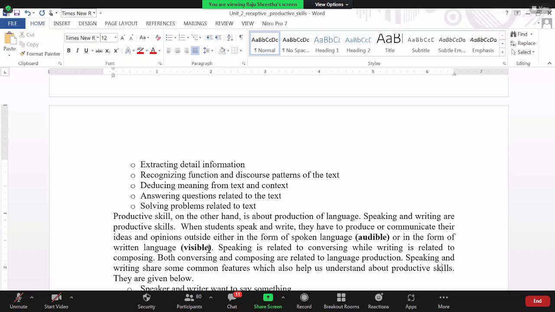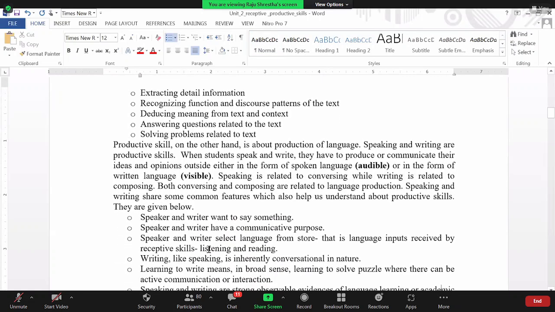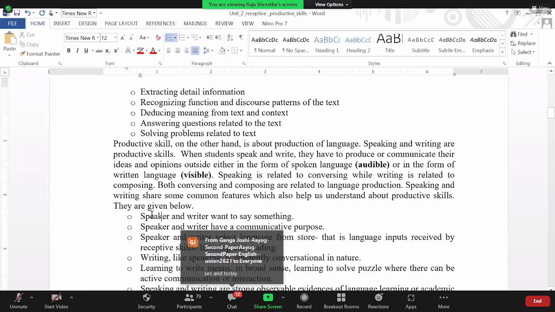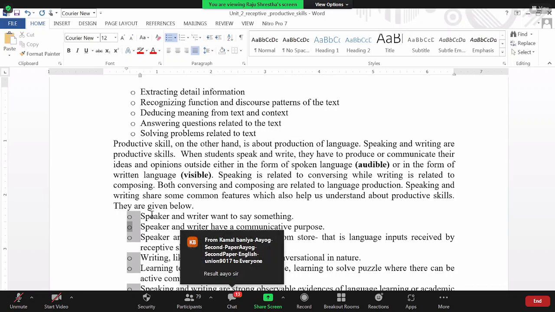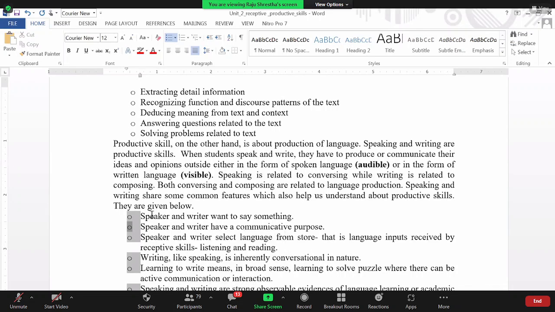Speaking and writing share some common features which also help us understand about productive skills. ल हेरौँ त दुई तीन चार point. Speaker and writer want to say something. वक्ताले पनि वक्ताले के गर्छ, केही चीज भन्न खोज्ने बित्तिकै it comes outside. When writer also wants to express something, want to say something, then he or she has to write in written scripts that is visible. So speaker and writer want to say something, के भन्न चाहन्छन्, then that will be what, either audible or then what happens